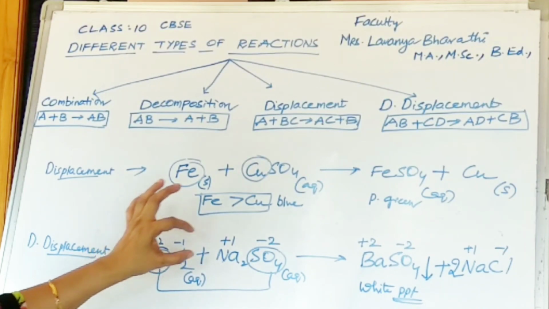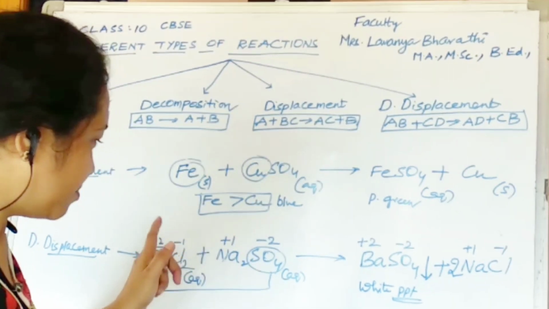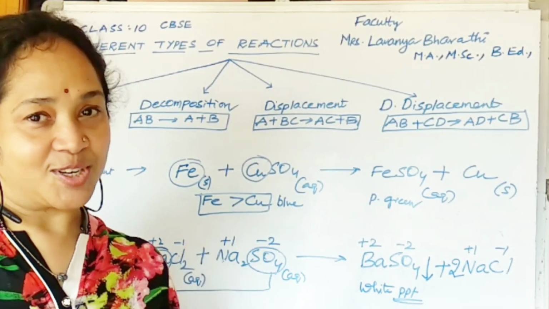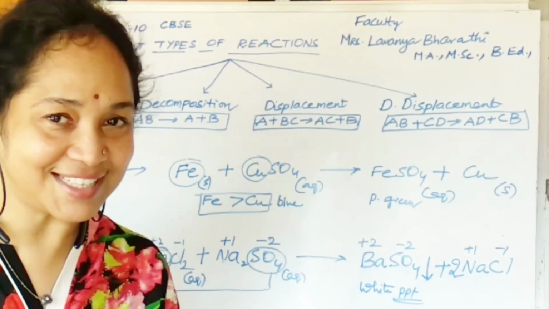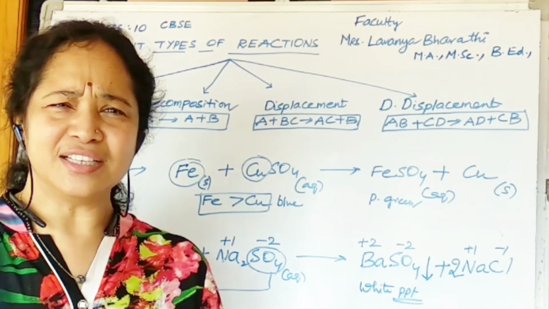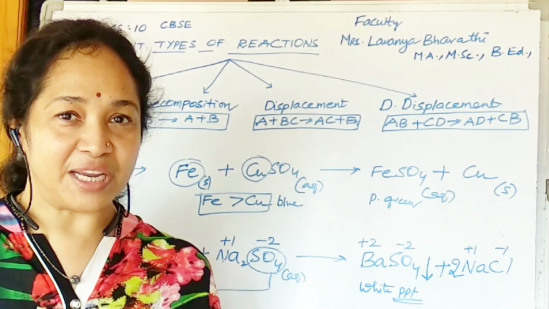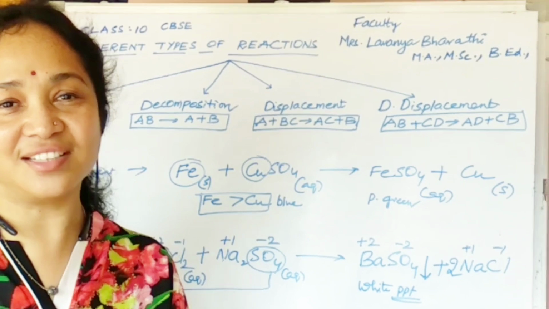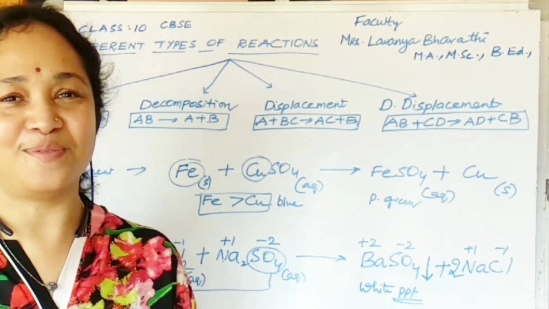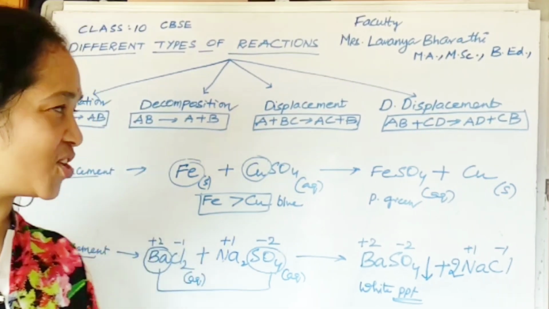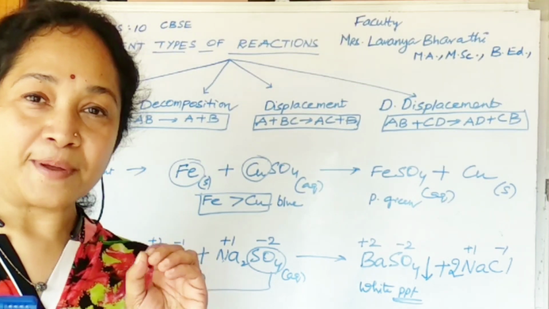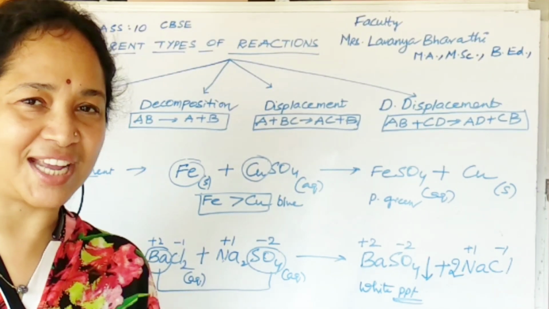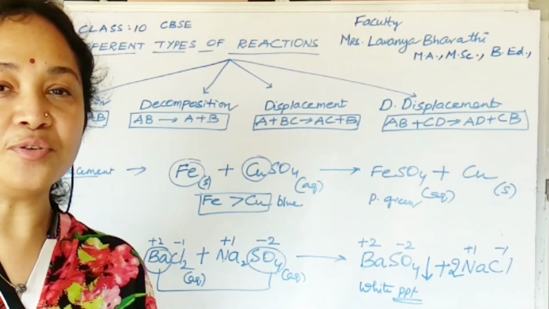You can see barium comes in contact with sulfate, sodium comes in contact with chlorine. So this is how you have to categorize the reactions. You have to practice examples for these reactions. This is not rocket science, children. Just simply you have to create certain interest and you have to practice these reactions such that definitely you'll score good marks. I hope everyone enjoyed. So I want everyone to practice more and more reactions. You can have some more reactions from the textbook or from any other book and you balance them.